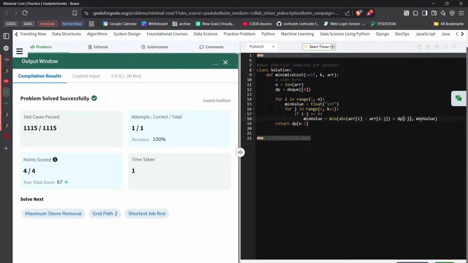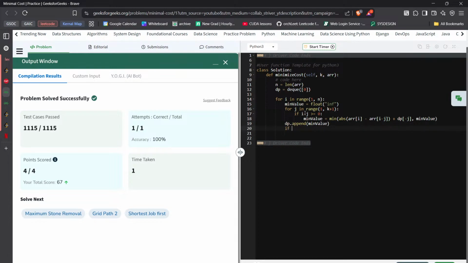Minimum absolute error, this will go on, this will go on. So after this goes on for n values, I need to put this minimum value in my dq. So I'll do dp dot append minimum value,